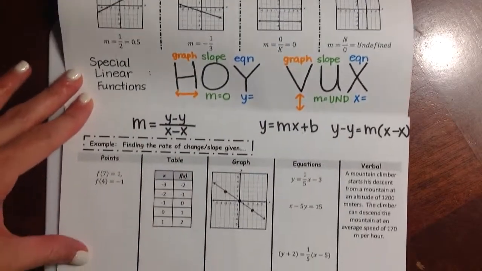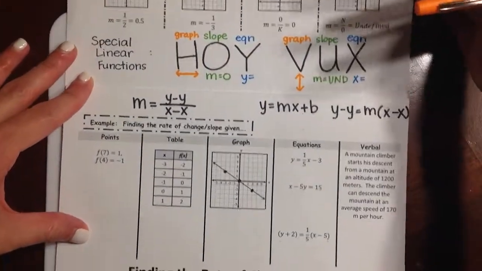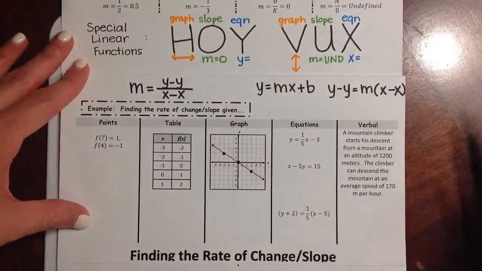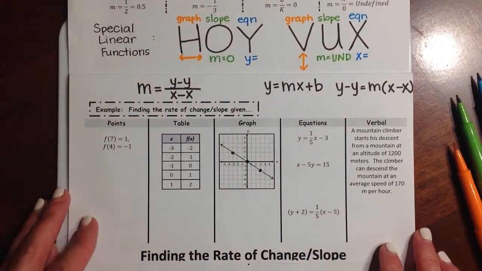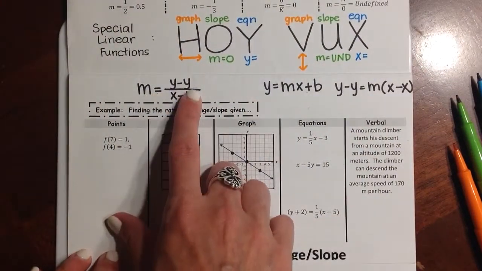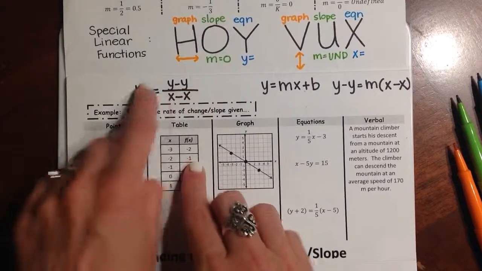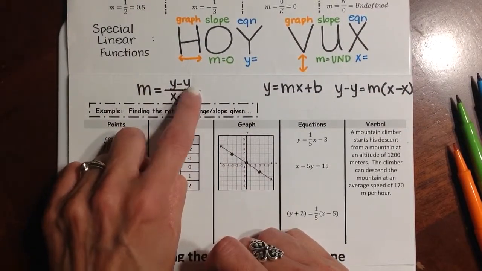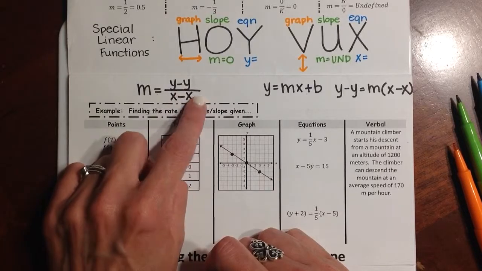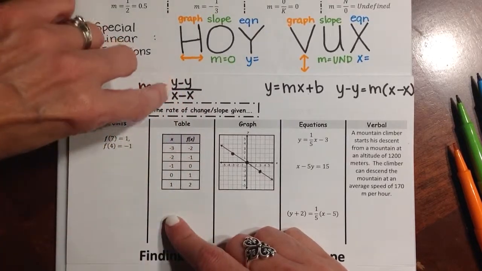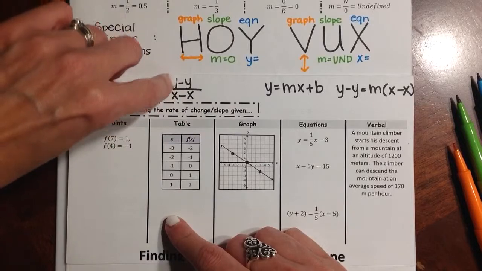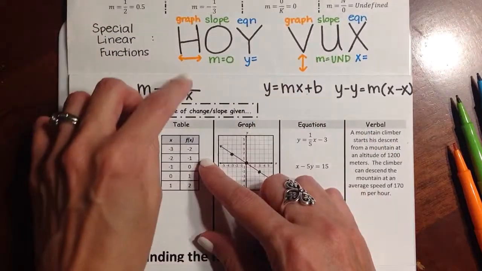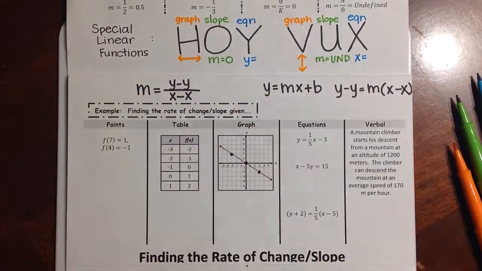So now we're going to actually find the rate of change, or the slope, from these examples. So just want to kind of review. First things, you're going to use your slope formula, and this will be on your math chart, except you're going to see little subscripts. You're going to see y2, y1, x2, x1. But if you just think about it as these first two x and y's have to come from the same ordered pair, the same parentheses, and the second x and y have to come in the same parentheses,